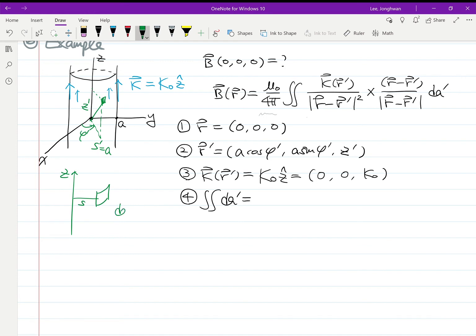So we want to find what is dA prime. The vertical length of this patch will be dz prime, and the curved side will be s dphi prime. Okay, s prime. But now s prime was equal to a, it's a constant, so it will be a dphi prime. So our integral will be,